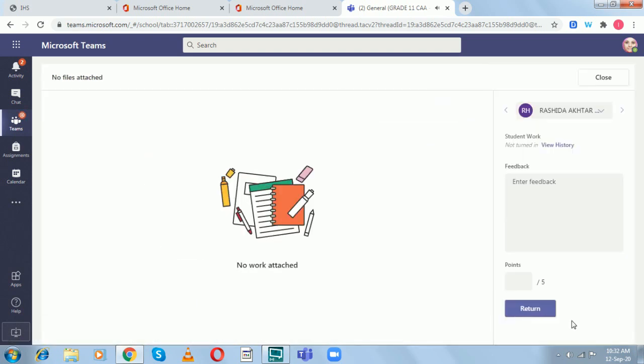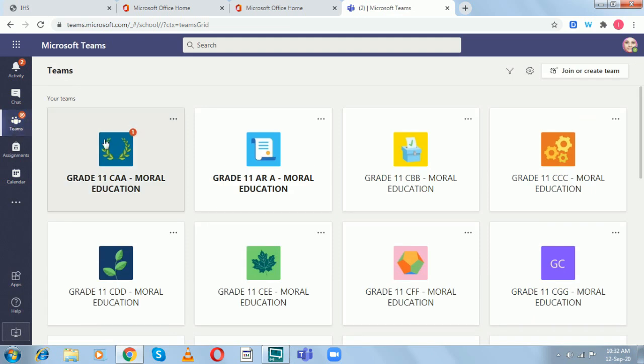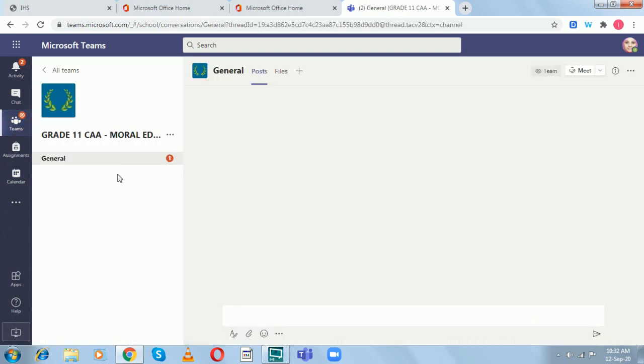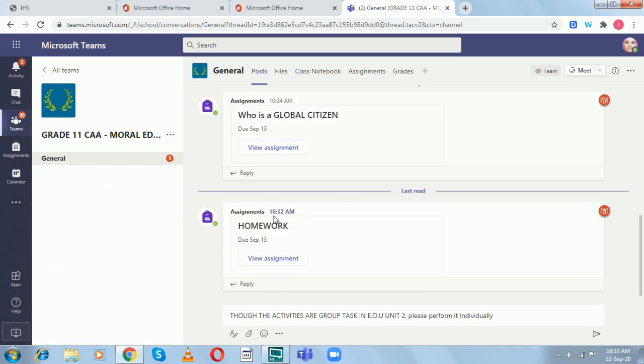I can see that single individual, and now you can see that I've got a notification on the homework that I posted. On the left side, there's an icon on the team, so that is the assignment. Here you can review it, but when you review the assignments there, you can only view the content. You cannot correct it, but we teachers have a feeling to correct it and put a sign over there, put a red mark.